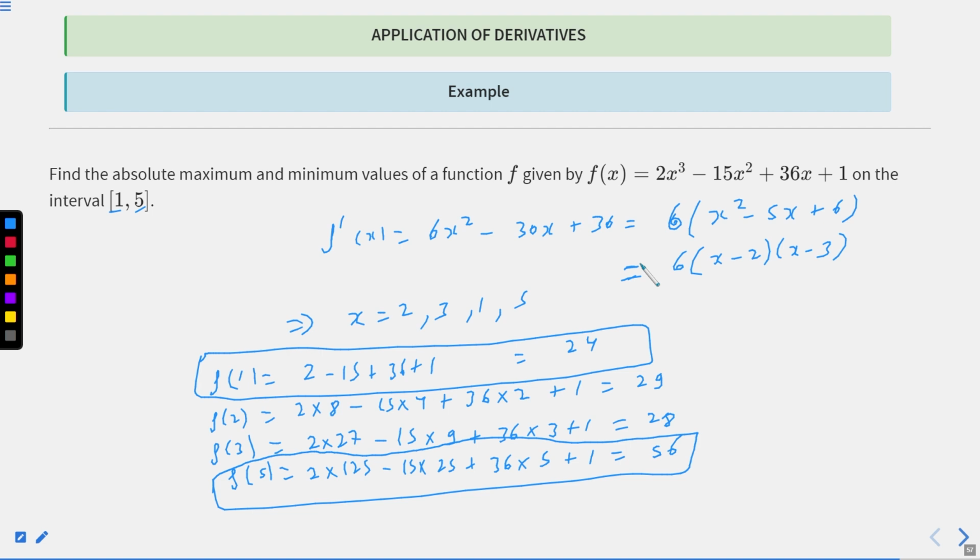I hope it is clear to you now. So that's it for now. I hope that you understood every concept, every example, every theorem. We will be stopping here. We will be back with more examples and more problems to get familiar with this concept of maxima and minima, with the first derivative test and the second derivative test, how we find local maxima and local minima, and how we find absolute maxima and absolute minima, everything.